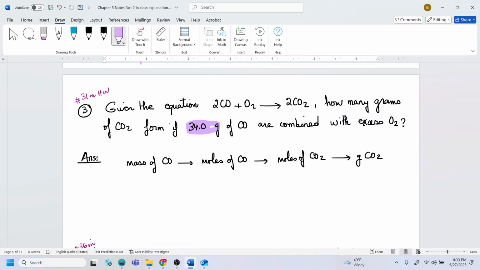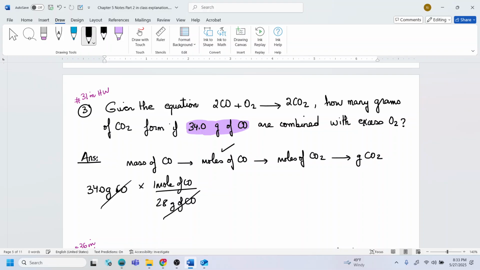The given mass is 34 grams of carbon monoxide. Carbon monoxide has a molecular weight of 28 grams per mole. So this is going to be 34.0 grams of CO, and we're going to multiply this by 1 mole of CO divided by 28 grams of CO. So this is going to introduce the moles of the CO. So we are here. And then I can relate the moles of the CO with the moles of the CO2